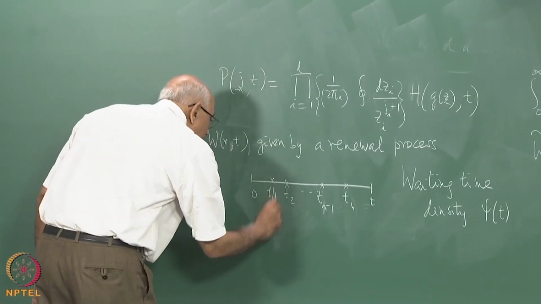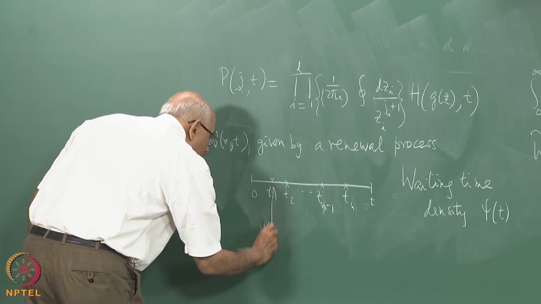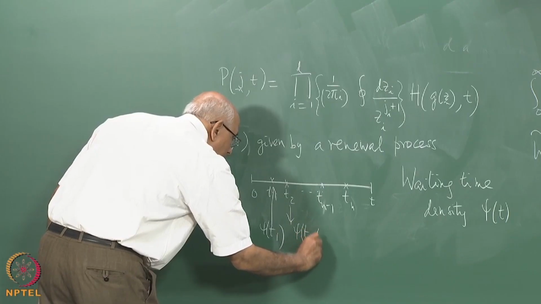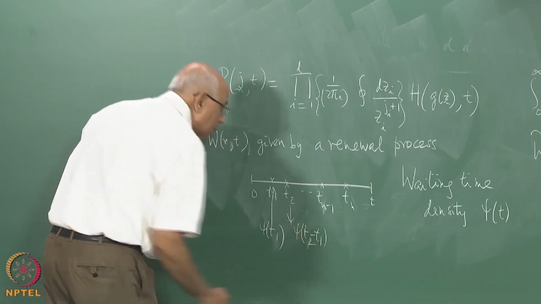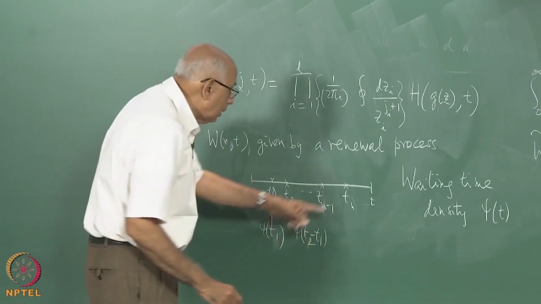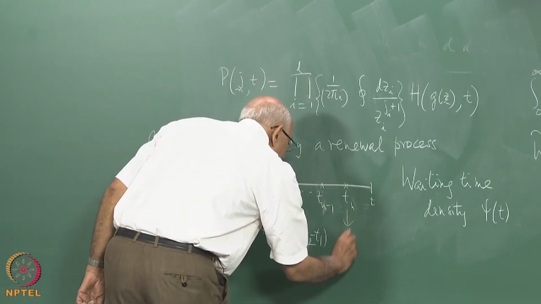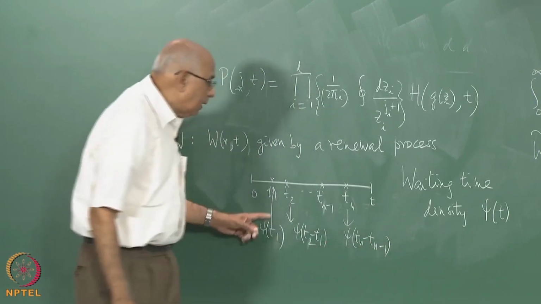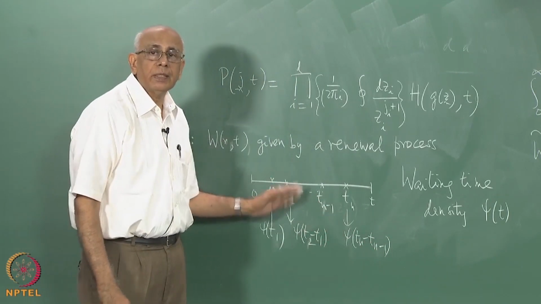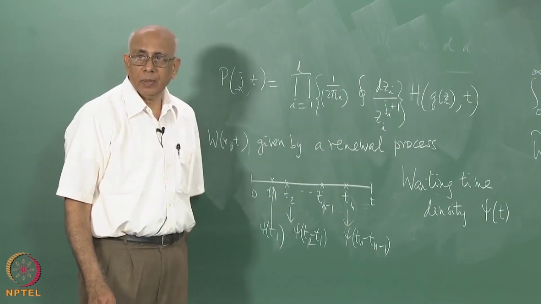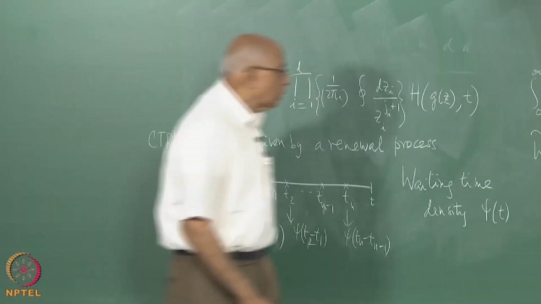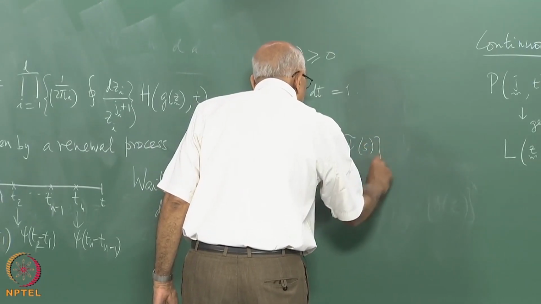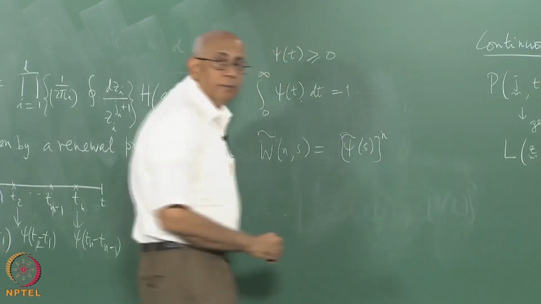After all, this guy here has a psi of T1, this fellow here has a psi of T2 minus T1, because that is the time you waited for, and so on. Till out here you have a psi of Tn minus Tn minus 1, and it is a convolution of all these fellows because each Ti is bounded by the next Ti plus 1 in the upper limit. So there are n of these, so it is immediately clear that this is psi tilde of s to the power n,